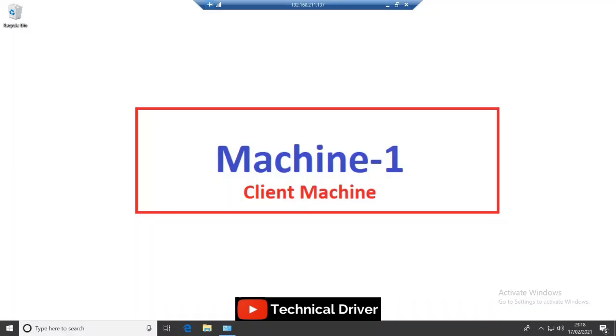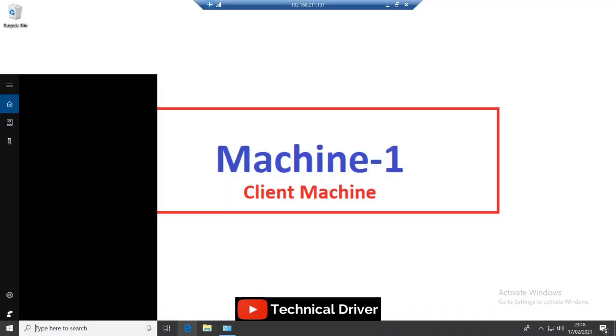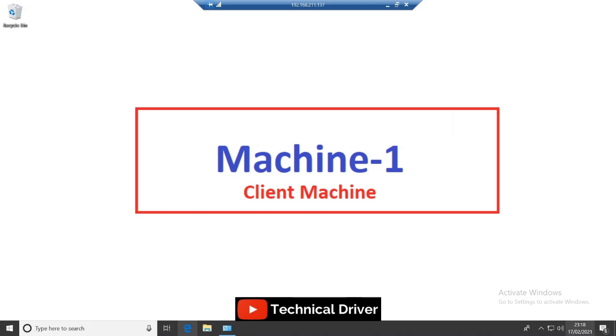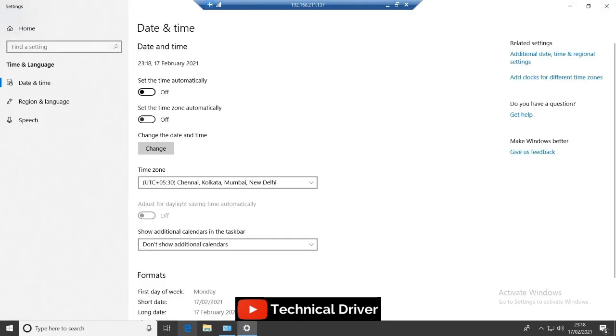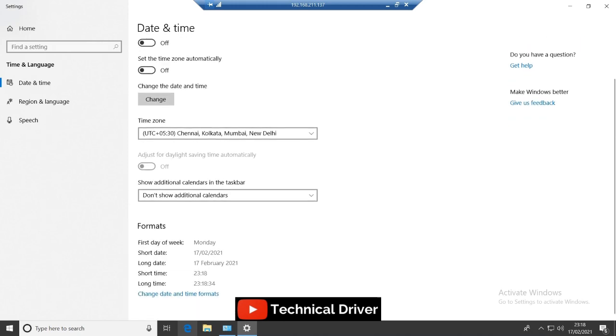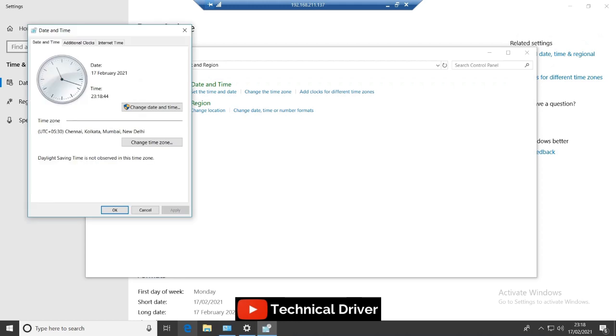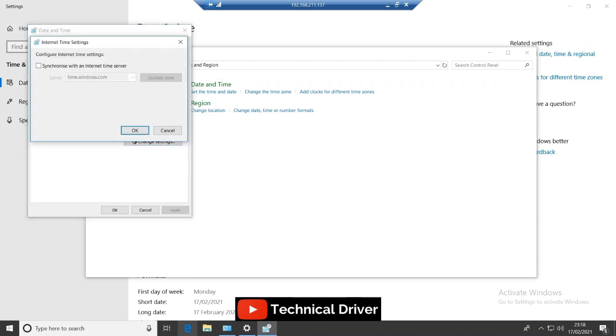Now I am going to open the date and time option and change the timing.